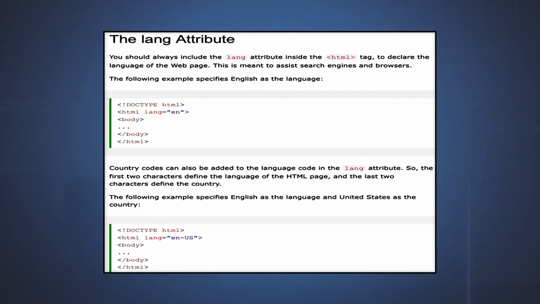For example, if you consider the English language, often you will find that is it a UK version or is it a USA version. So even those things you can place within the lang attribute so that browsers render them appropriately. Then we have a title attribute about which we discussed earlier also. Every web page will have some title and that title can be placed as part of the title attribute.